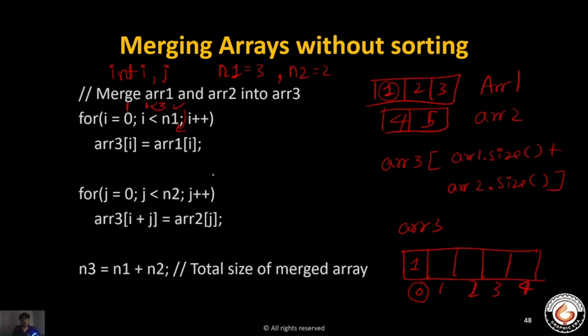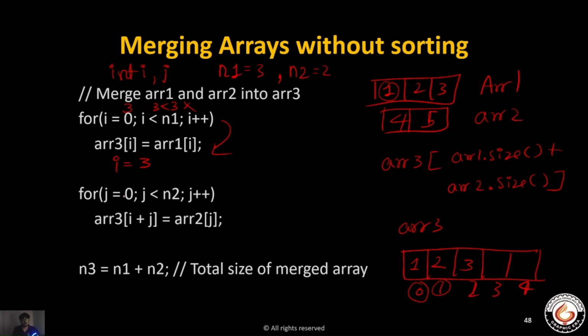Here we will put the value of arr1[1]. What is it? That's 2. Now the value of i will be 2. Is 2 smaller than 3? Yes, that's correct. So we will go inside and we will put 3 here. Now the value of i will be 3. Is 3 smaller than 3? No, that's not right. So we will go outside of this loop, and what is the value of i now? That is 3. So we will start with another array now.